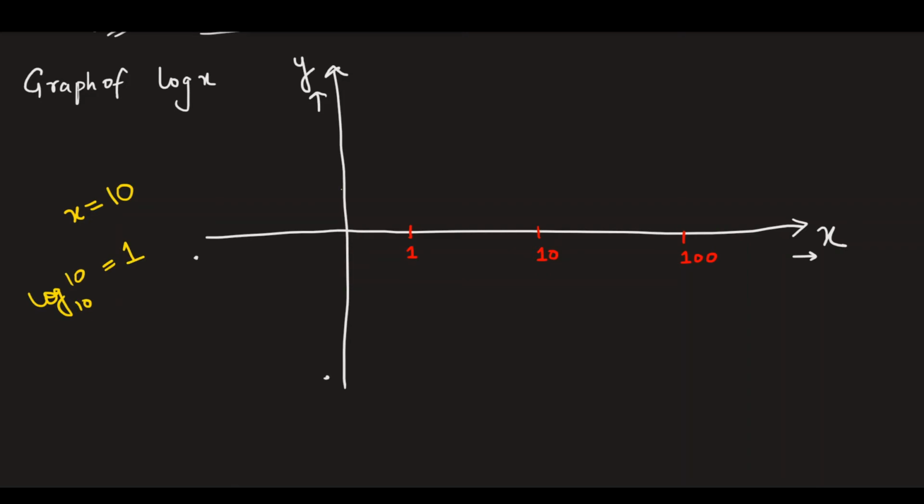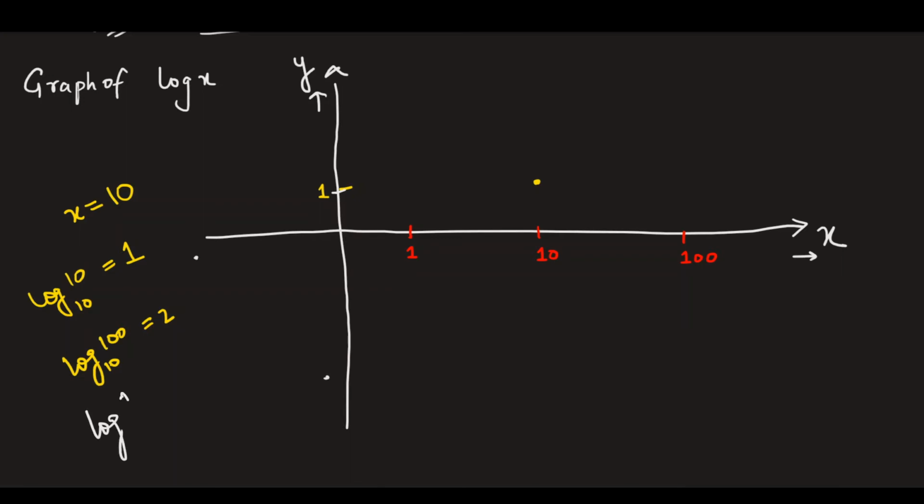So if this is 1, we have got a point here, okay, and log of 100 to the base 10 is 2, because 10 squared is 100, so we got a point here. It is definitely not to scale, so let me remove this. We should not consider this. So it was something like this, okay.